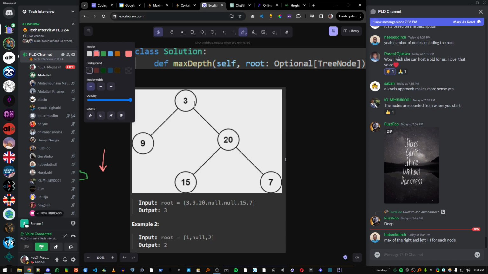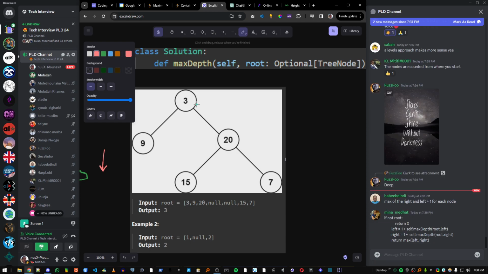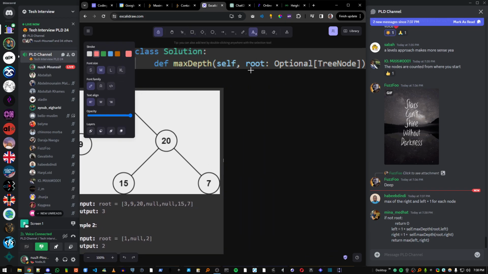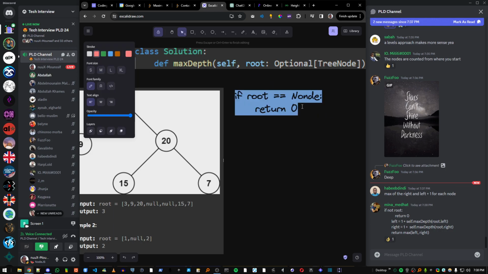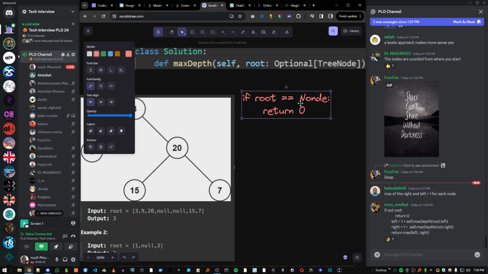Okay. First we need to check if there is no root. This is our base case. So the base case is if the root is null or none, then we return 0. Otherwise, if I have a left child, if root left, then